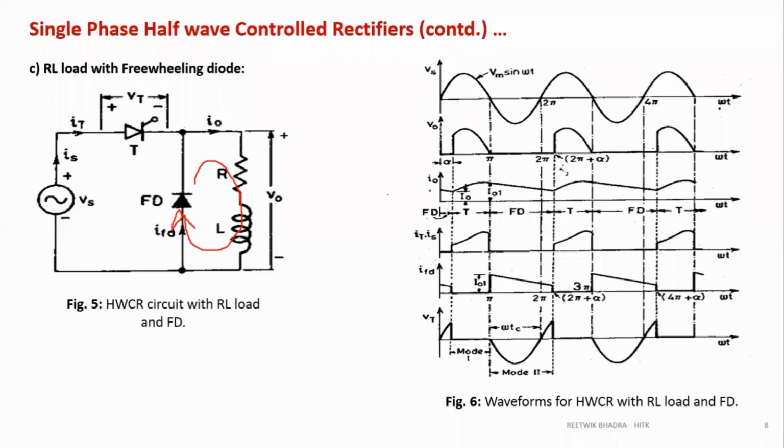So now we are considering a continuous current. This part is charging, increasing. This part is discharging, decreasing. Then charging, then discharging, and it goes on. You don't have to show discontinuous current over here, but you can, no problem. So this part is what? Freewheeling diode. And this part is what? Thyristor.